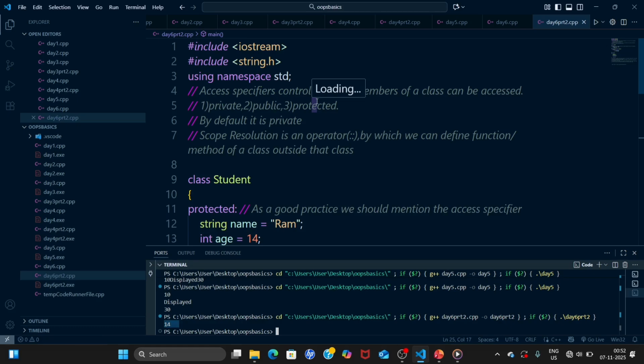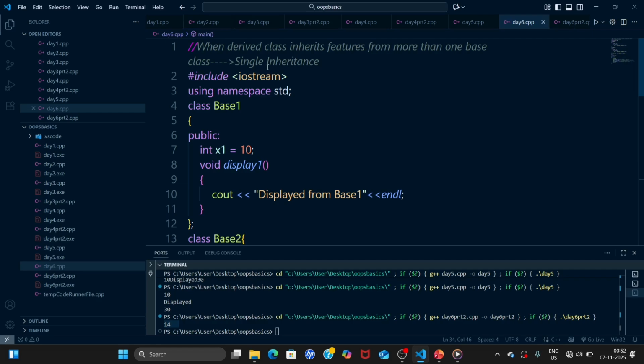In the previous video I discussed single inheritance, and in this video we will discuss multiple inheritance. So let's see what is multiple inheritance. Multiple inheritance means, sorry, this is not single, this is multiple inheritance. One derived class inherits features from more than one base class. So this is the definition of multiple inheritance, and we will see how to actually implement it using